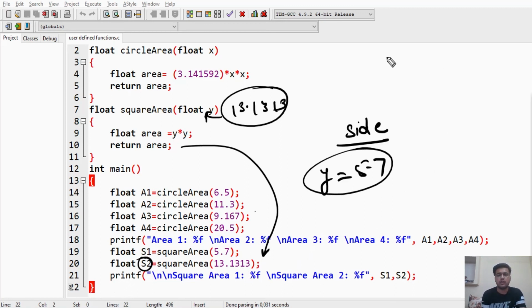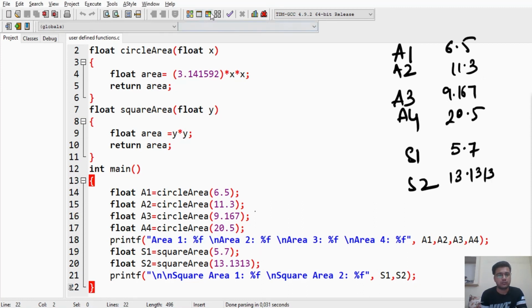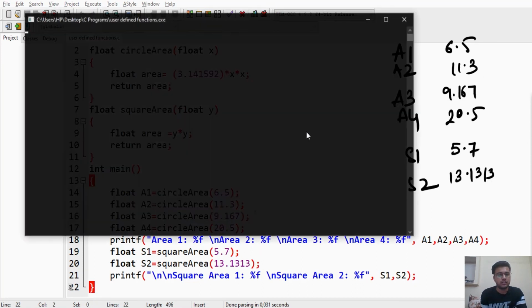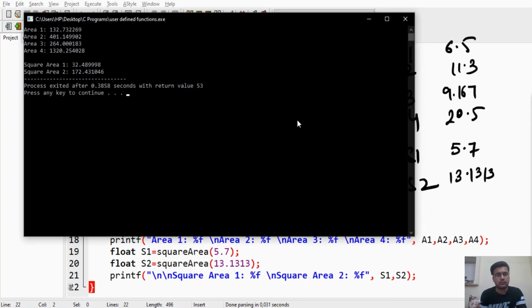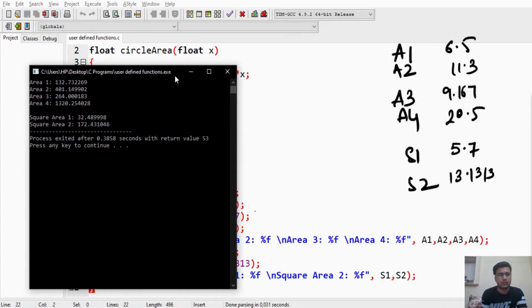So when we run this code, it will calculate the values of A1, A2, A3, A4, then S1 and S2. Understood? The parameter is 6.5. It is 11.3, 9.66167. Let us run this code. Here is the result.